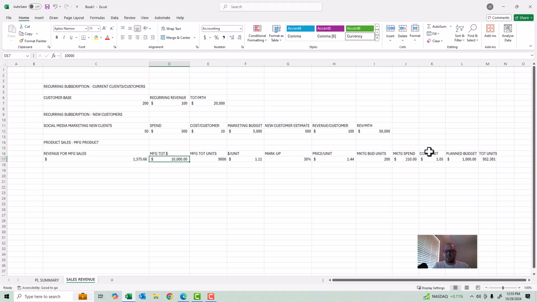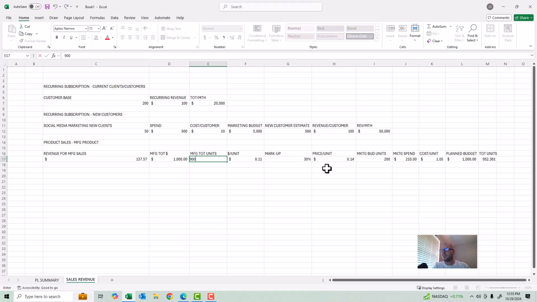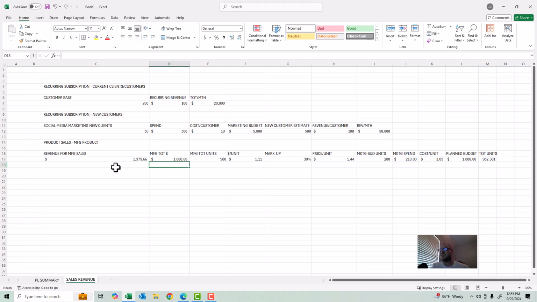Because the problem is, for our example, we are manufacturing 9,000 units, but we're only selling 952 a month. It's a huge discrepancy. So we'll change that example a little bit. Let's do, just to make it more realistic, because we're not going to be producing that much and only selling a small fraction of that. There we go. Now we're selling slightly more than we're manufacturing, so we'll have to put manufacturing a little more into our budget. But that's how we back into sales revenue from a manufacturing cost standpoint,